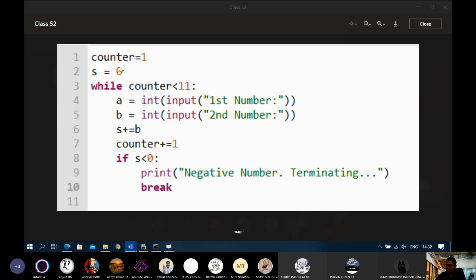Can't we apply it? Yes, you can apply augmented operators, but augmented means, see, okay, I hope this program is clear. I'll come to